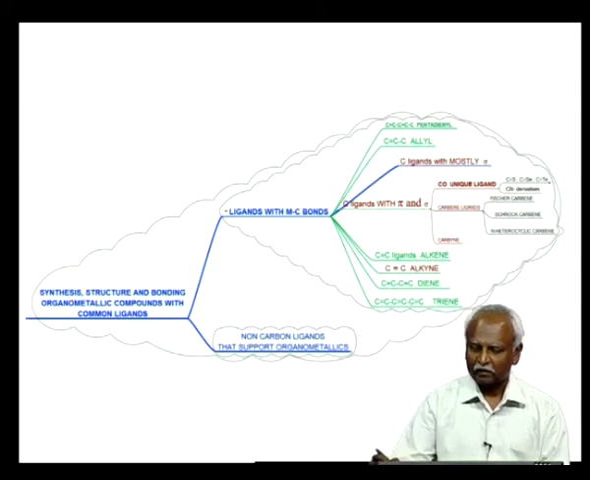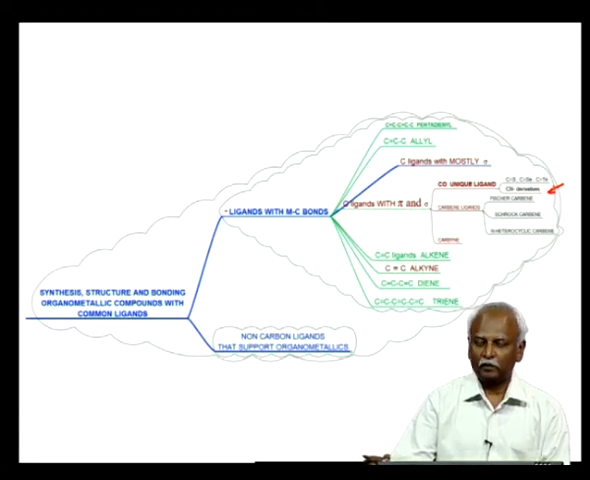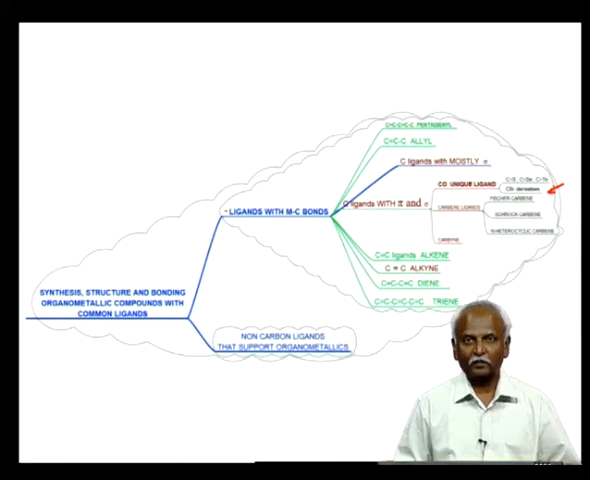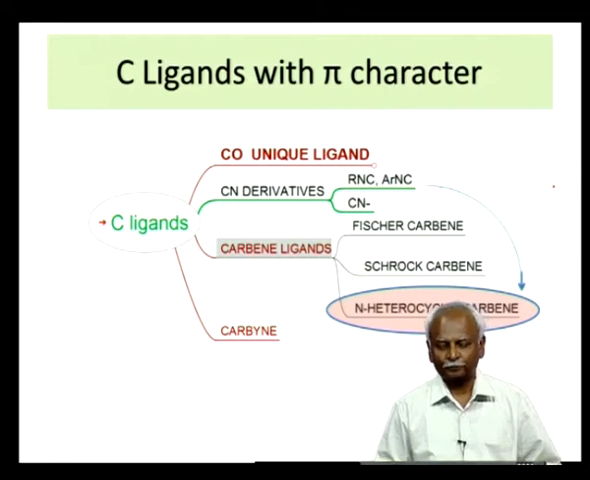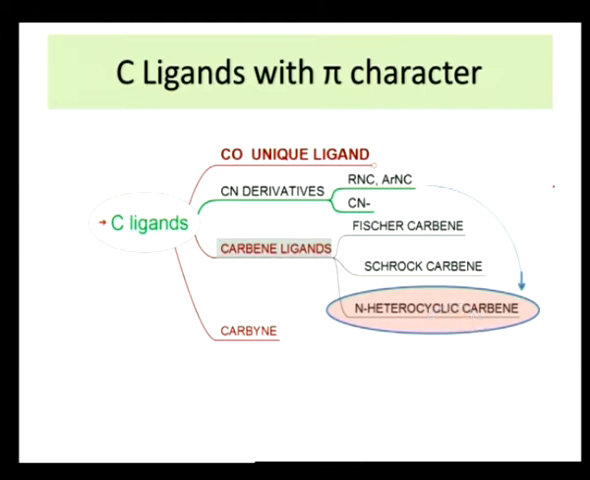So, there are some derivatives of carbon monoxide such as the cyanide, which I am highlighting here, which have a special ability to transform in the coordination sphere of the metal to some other ligands. We have seen this in the lecture on N heterocyclic carbenes. So, you have isocyanides which are CN derivatives, and these isocyanides can be converted into Fischer carbenes, which are in